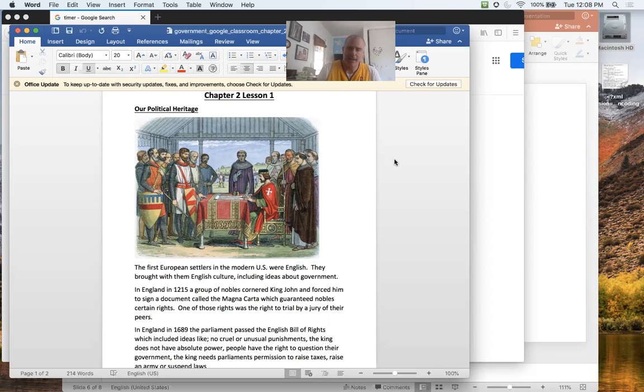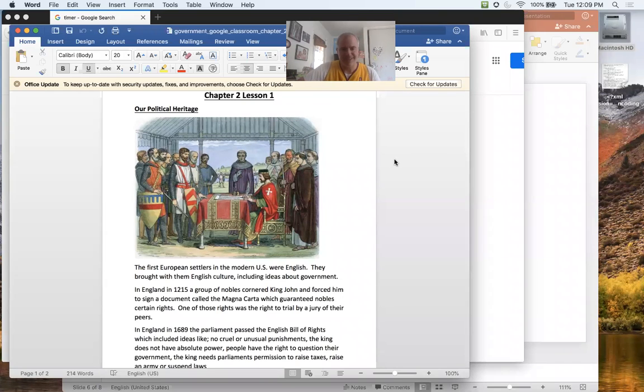And they didn't like that, right? They didn't like the concept that the king could just snag any of them and they had no rights, and he could put them in a dungeon and torture them as much as he wanted to. So they grab him, they put him to the ground, they put a knife to his throat, and they say, sign this document guaranteeing that if nothing else, I have the right to trial by jury. Okay, I have the right to a trial of a jury of my peers.